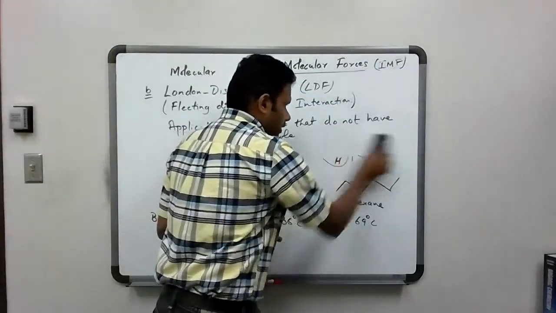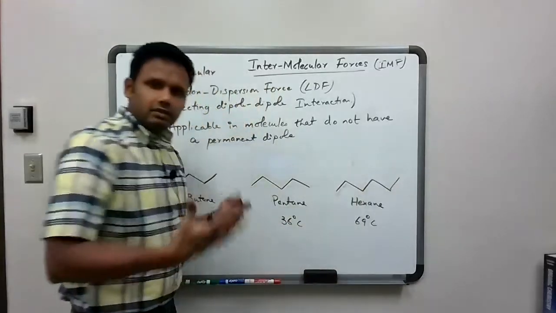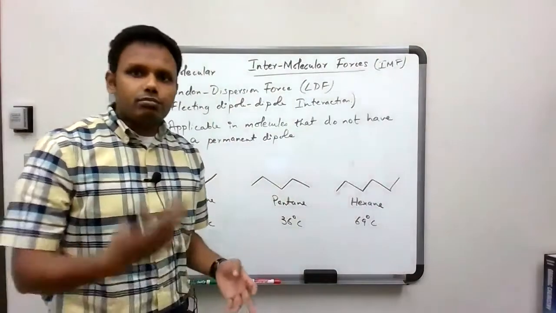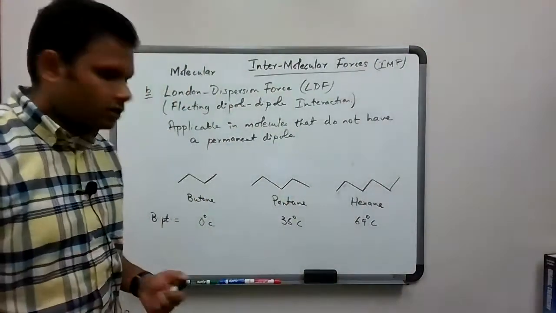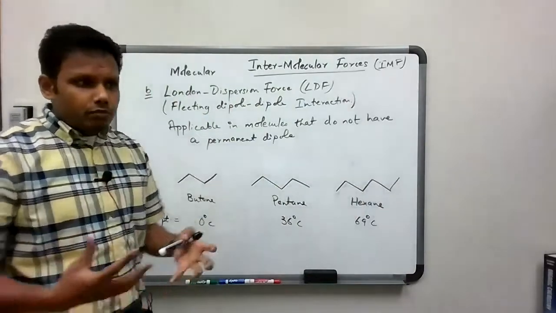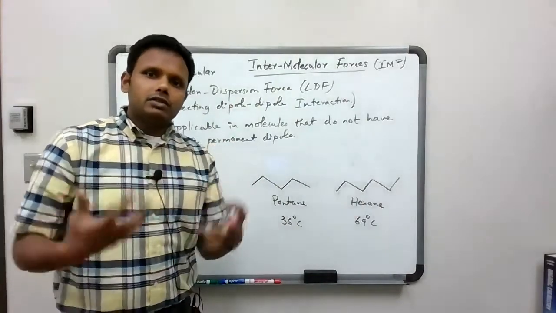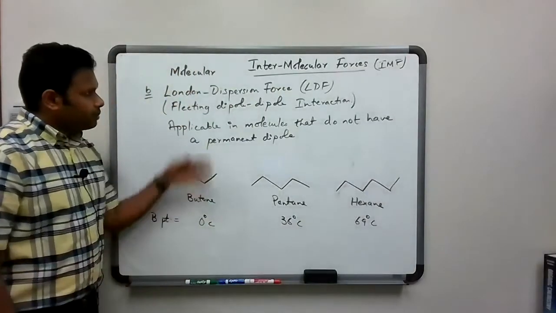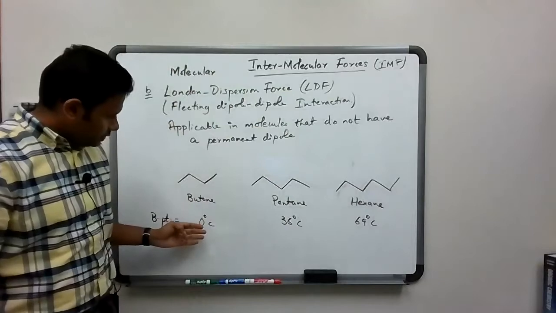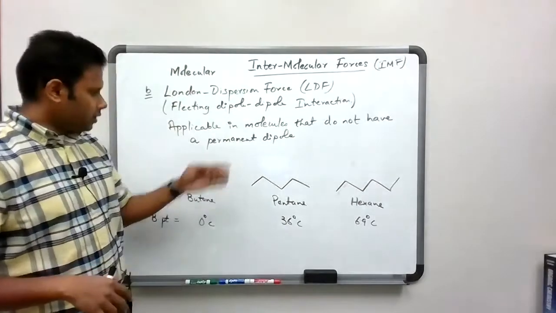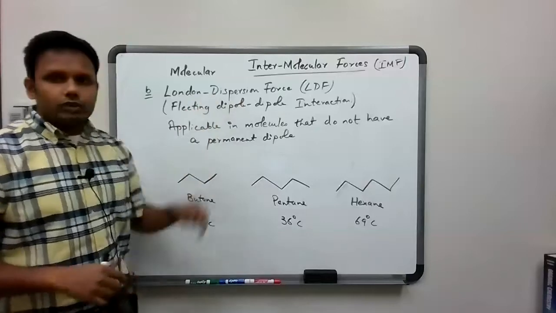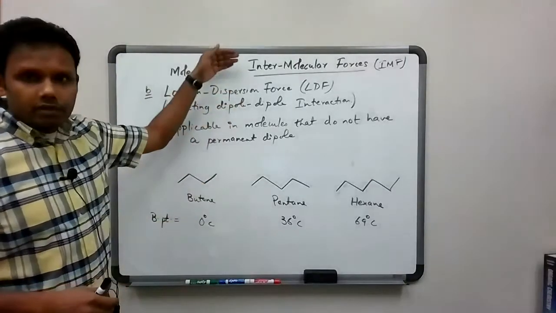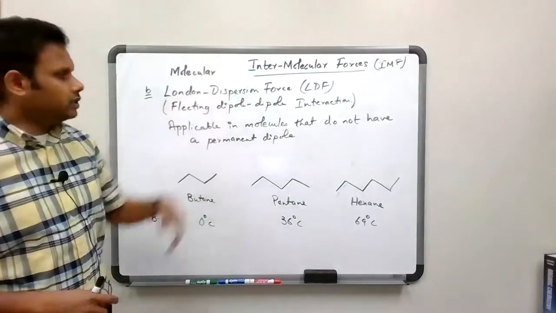So whenever we boil something, the heat does not break any of the chemical bonds. You're not breaking any of the bonds when you're boiling something. You're merely just destroying all the intermolecular forces and making things boil. Okay, so that brings us back to these London-Dispersion forces, and hopefully makes a connection why we always talk about boiling point when we're talking about intermolecular forces, because the boiling point is a direct manifestation of the strength of the intermolecular force.